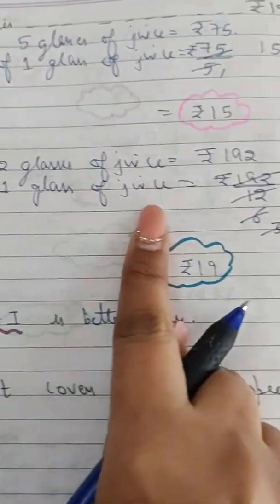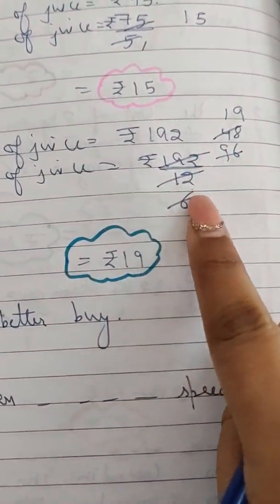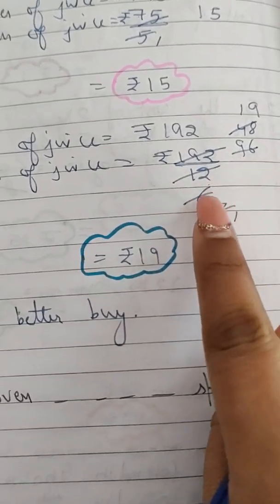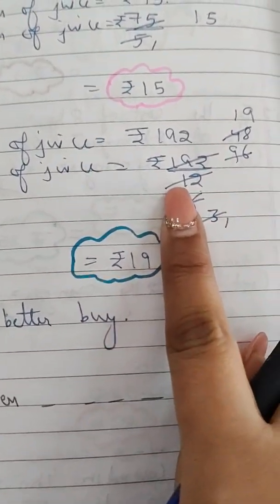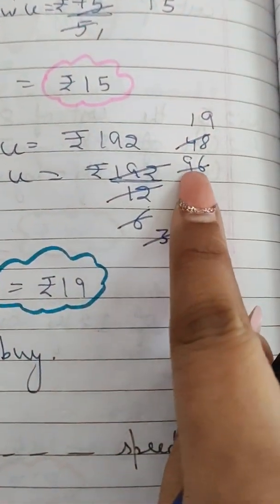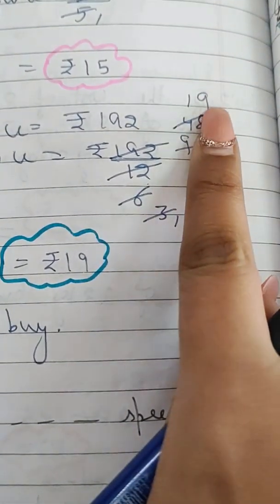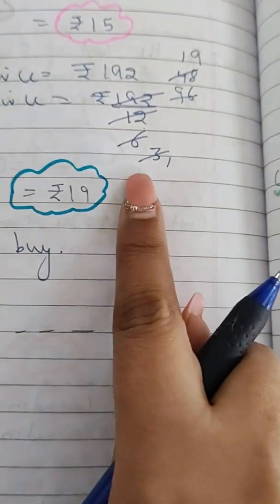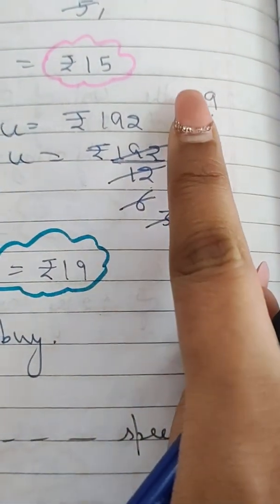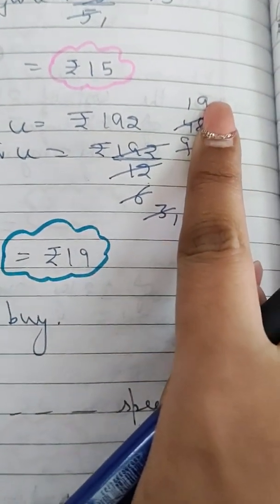The cost of 1 glass of juice, 192 upon 12 we will do, so that we can find the cost of 1 glass. 192 upon 12, 12 goes 6, 18 comes at 9 and 12 comes at 6. Now 6 go with 3 and we are dividing with 2. Okay, so 6 comes in the table of 2 at 3, 96. Now 8 comes at the table of 2, 4 and 16 comes in the table of 2 at 8, so 48. Now 3 will go at 1, 4 doesn't come in the table of 3, so here 3 comes in the table of 3 at 1 and 18 comes in the table of 3 at 6.